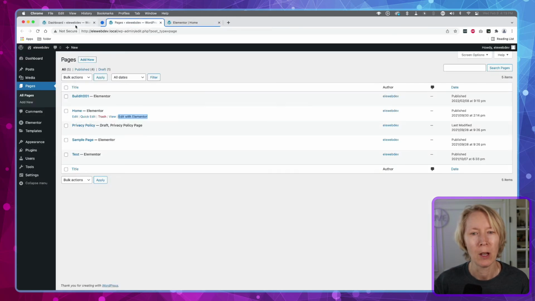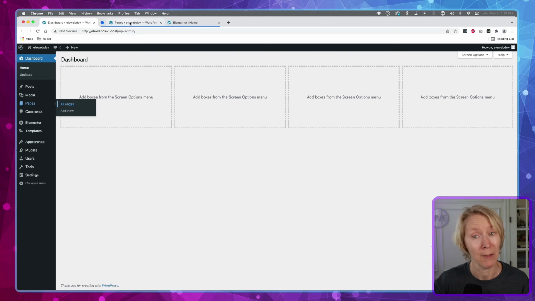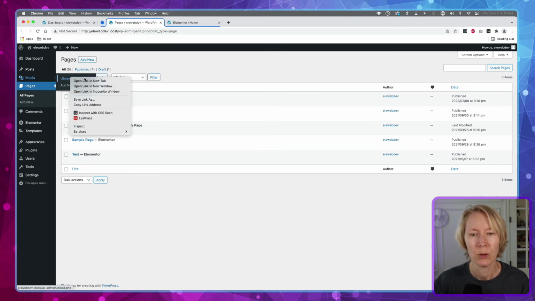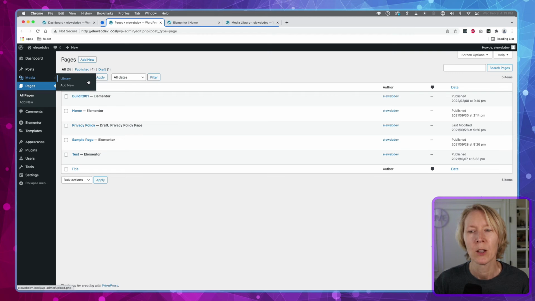Let's say, for example, I go back to my dashboard. I don't have to be at the dashboard because we've learned our new system of right-clicking on things. If I decide that I need to open a tab with all of the media library there, because I'm going to, through a period of time, drag and drop images into the library, if I right-click, choose Open Link in New Tab, notice that it is now blue with the home page and the pages. Why? Because Pages was the open and active tab and it was colorized blue.